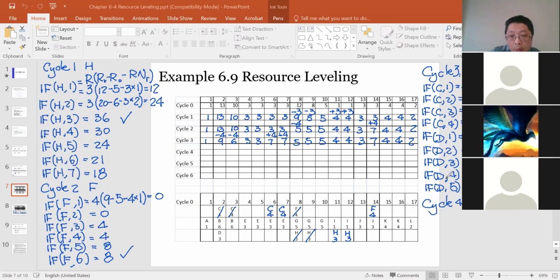Now we need to do another round of D calculation based upon the new distribution. The earlier D calculation is based upon cycle 2's result distribution. Now we need to recalculate based upon cycle 3's result distribution. So I'm going to do D1,